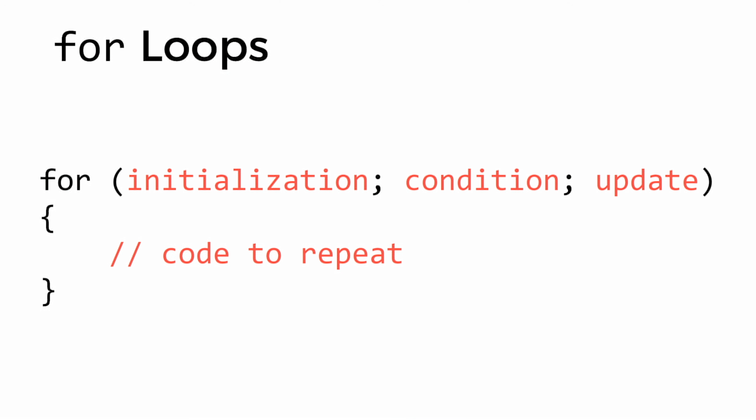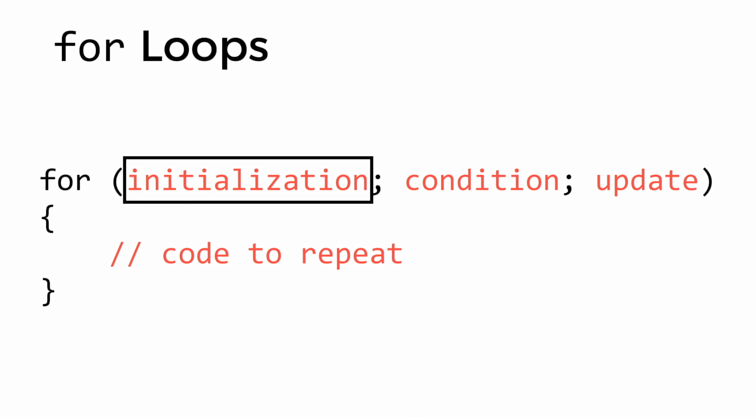What you might notice is that we have a number of rows, and on each row we have some number of hashes. And so we're probably going to repeat some code for every row in this pyramid, printing out the appropriate number of hashes. To do that, we can use a different kind of loop, called a for loop. A for loop repeats a certain block of code some number of times, and how many times that code repeats depends upon three parts. The first part of the for loop is called the initialization.